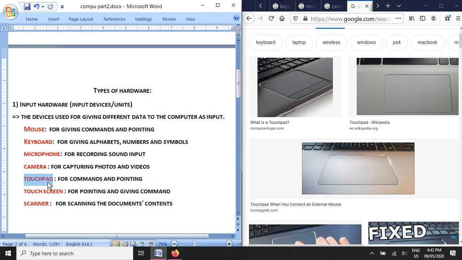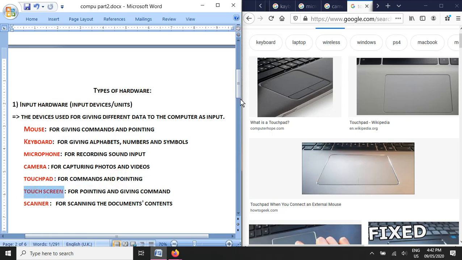In the laptop it is difficult to carry a mouse, so it has a pointing device. In case there is no mouse, you can use the touchpad. It is an input device that works the same as the mouse, for giving commands and pointing.